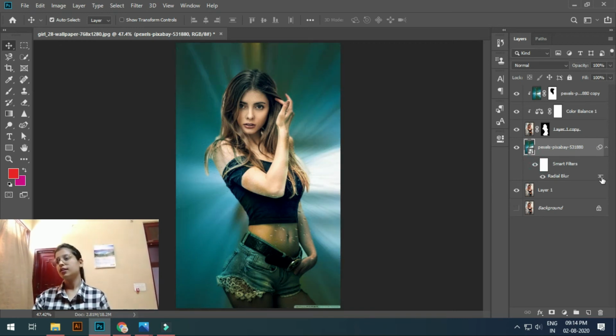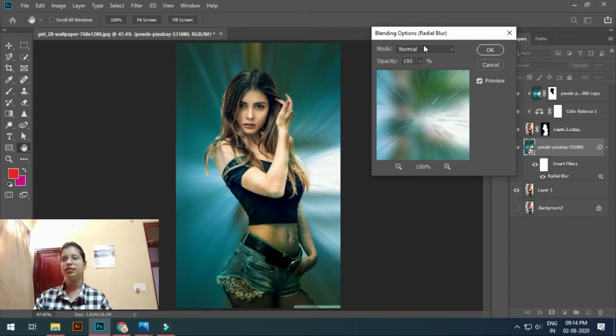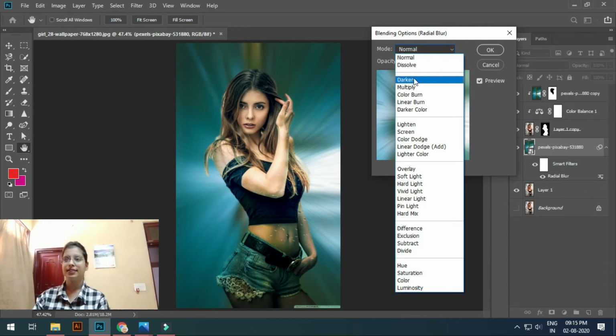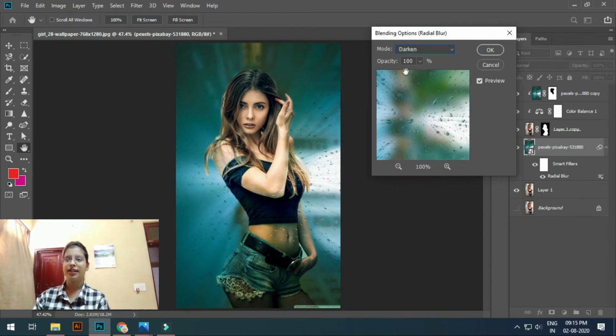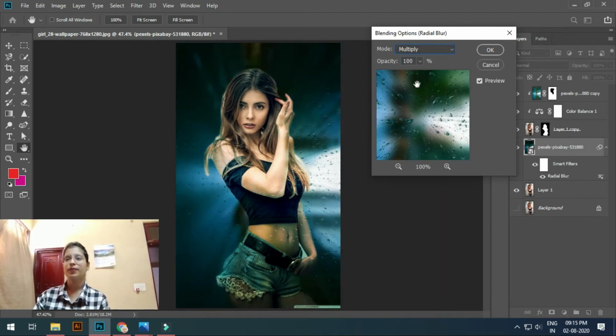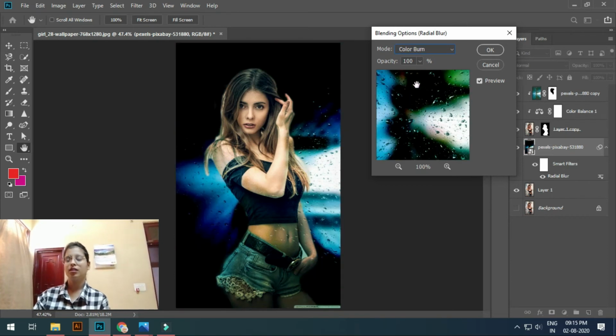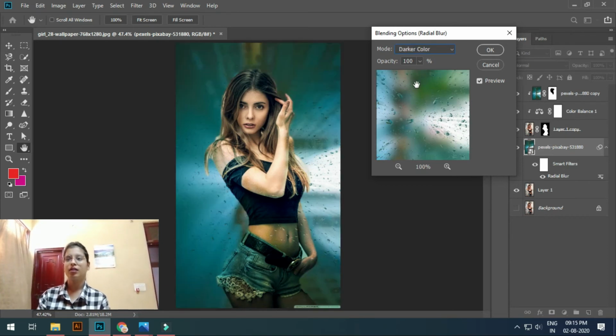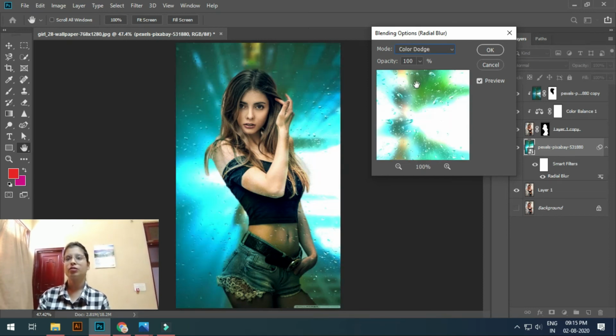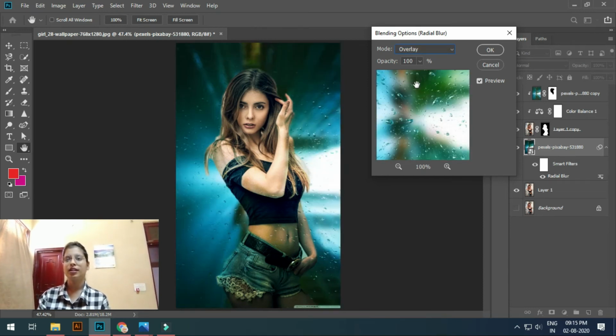Okay, you can see there are some settings which we want to edit. Press on this and select dark to give the drops outcome. Okay, multiply, where the drops come out, you can select that.